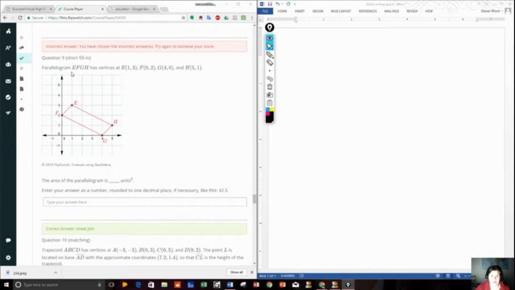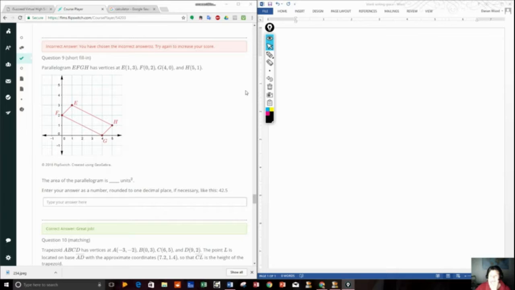Short fill-in. Parallelogram EFGH has vertices at E(1,3), F(0,2), G(4,0), and H(5,1). The area of the parallelogram is blank units. Enter your answer as a number rounded to one decimal place if necessary, like this. Okay,